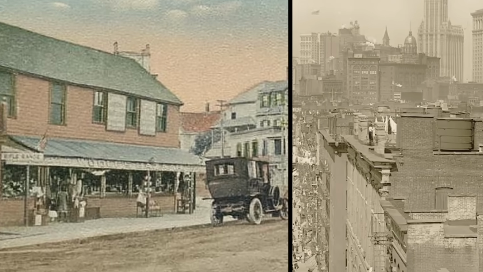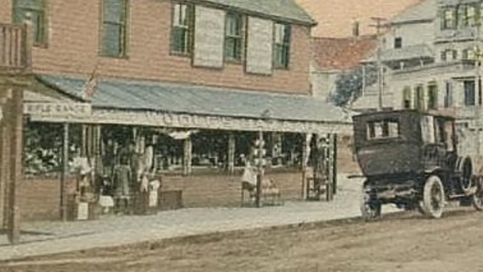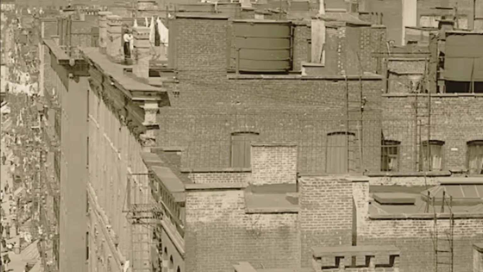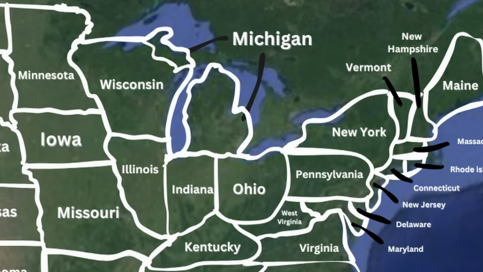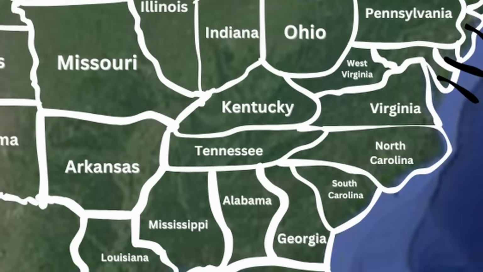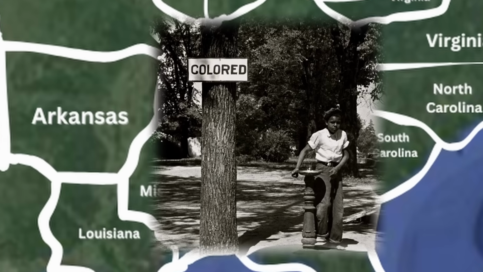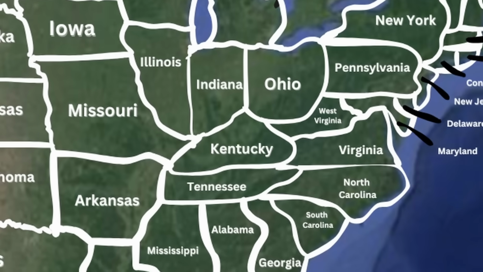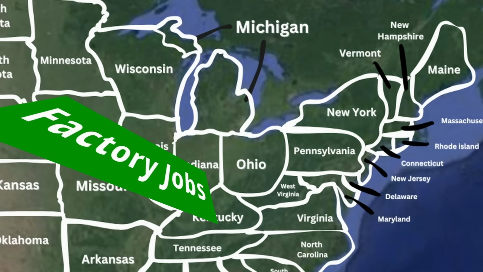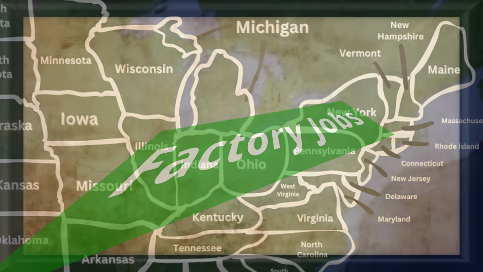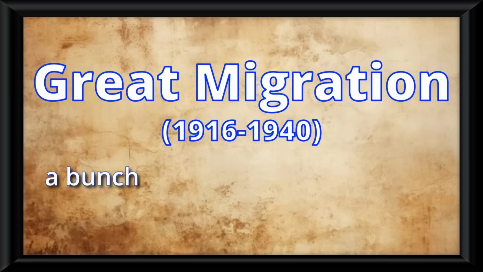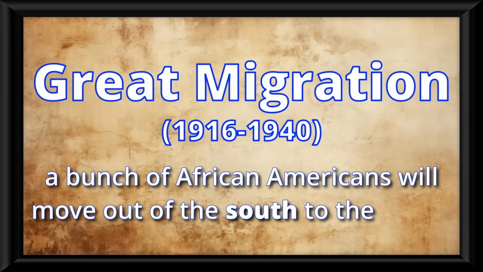A quick note that because of increased wartime production, there was a big movement of people from small towns into big industrial cities for factory work. Now, this factory work will mostly be in the north, and a whole bunch of African Americans still live down south where they are being forced to adhere to Jim Crow laws and have basically no economic opportunities. So now when word gets out that the north has lots of high-paying factory jobs available, something known as the Great Migration happens, where a bunch of African Americans will move out of the south to the north.